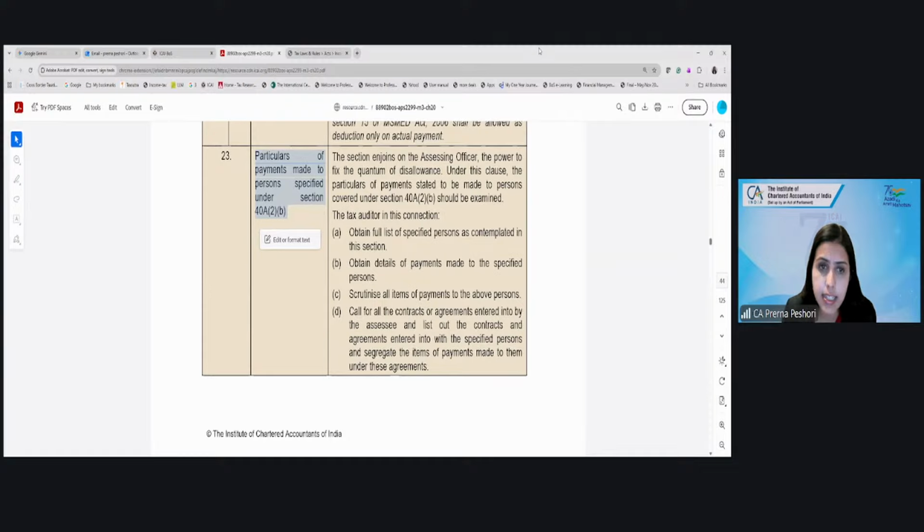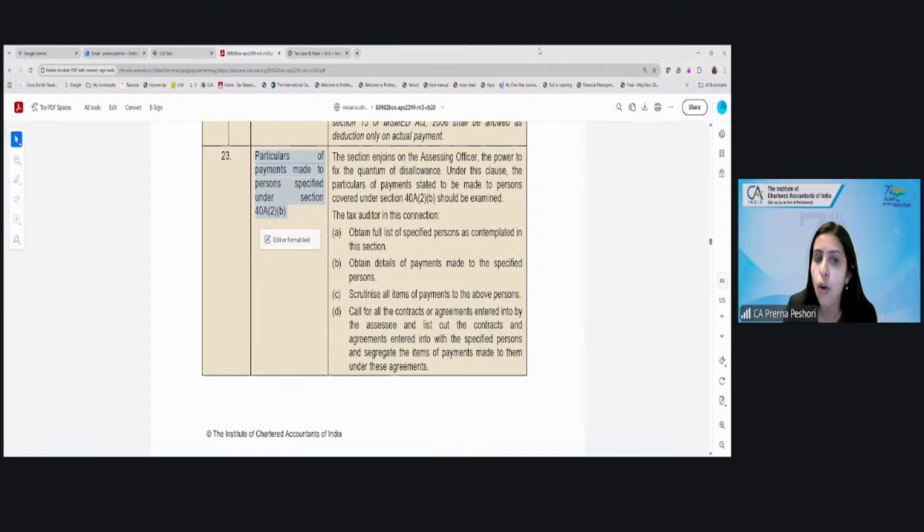Payment to relatives? Yes. It's not payment, it's expenses with respect to a relative, or rather a related party. Right? So under 40A(2)(b), it covers certain specified persons: in respect of an individual, any relative of the individual; where it is a company, partnership firm, LLP, AOP, HUF, then it is either the director of the company, the partner of the firm or LLP, members of the AOP or BOI, relatives of the directors or partners or members, or any individual who has a substantial